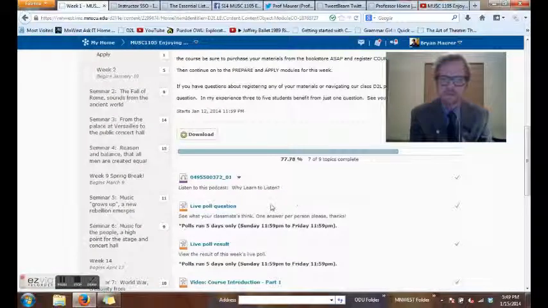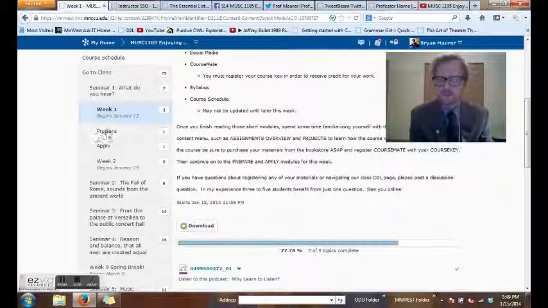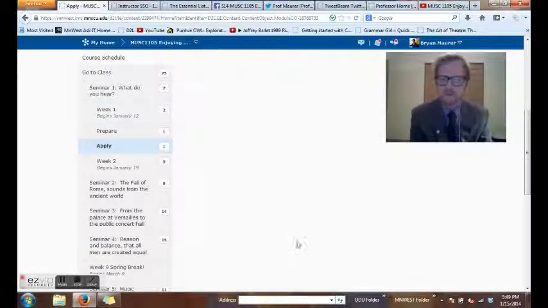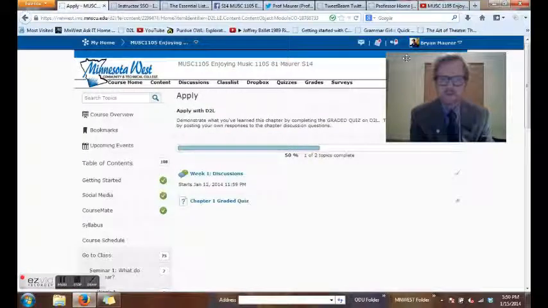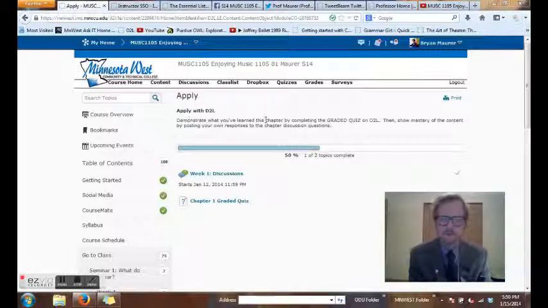Look on the left here. You have a prepare part of week 1's module, then you have an apply part to week 1's module. So let's go to there. And here you go. So demonstrate what you've learned this chapter by completing the graded quiz. So you do all of those activities, then the final thing you do in my course is the apply portion of the module. Take the graded quiz on D2L